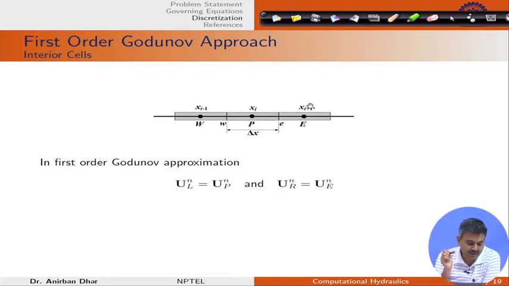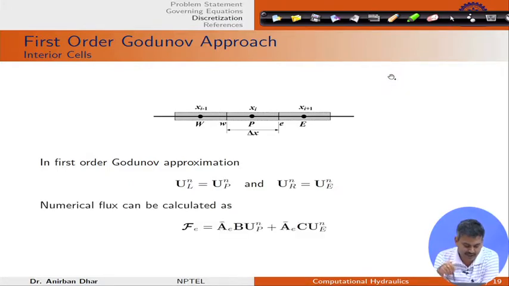For an interior cell, in the first order Godunov approximation, we already know from our lectures that on the left side we will have UP, on the right side we will have this UE. So, with this information, if I calculate the numerical flux, I can simply